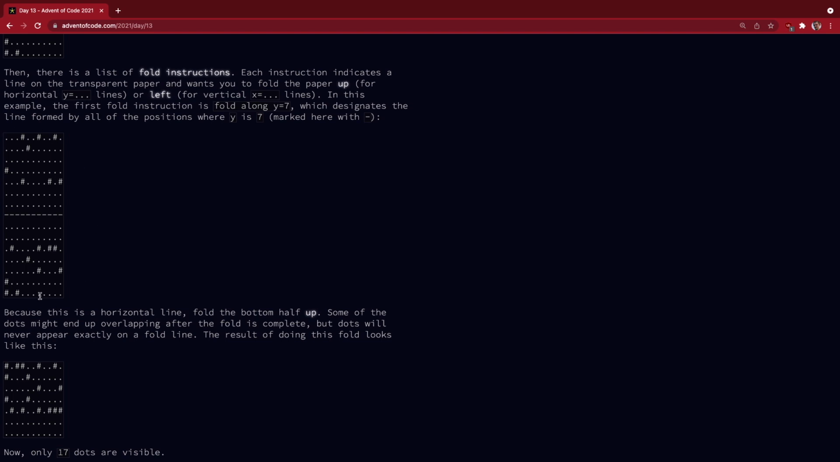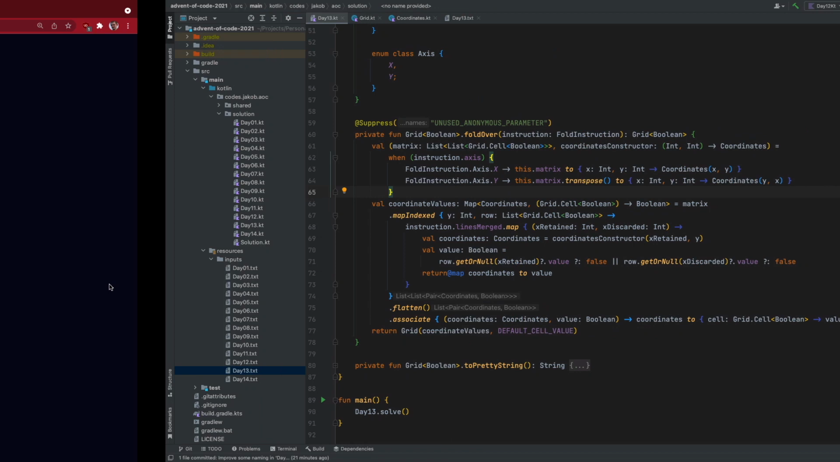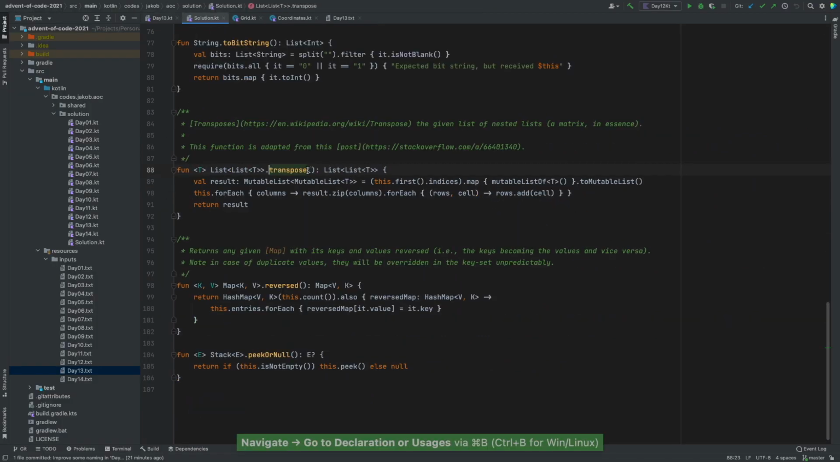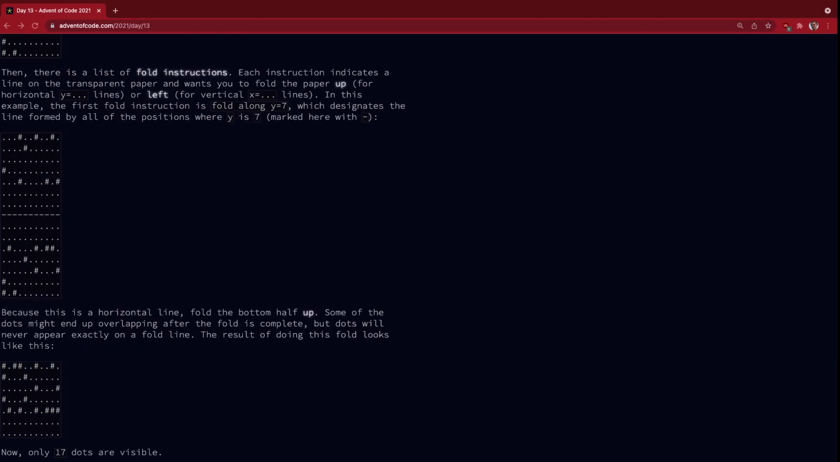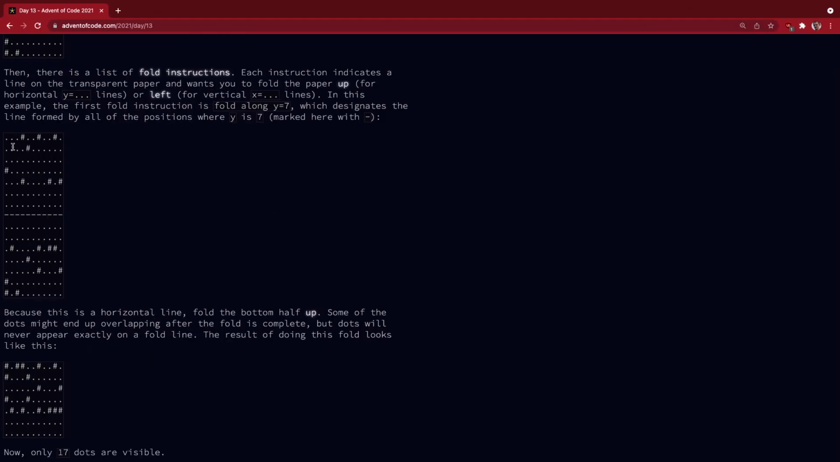So if you think of this as a matrix, I actually reused my transpose function from the first or second day that I wrote, which we use right here. So we have this matrix transpose that we can actually use. Just quickly, if you don't know what matrix transposition is, we make all the columns rows and vice versa,